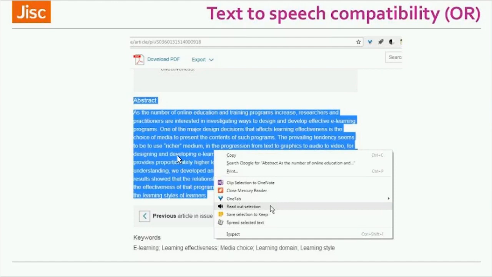I can select a bunch of text, right-click over it. I've got a little plugin called Selection Reader from the Chrome Web Store. Works really well, and it will simply read it out. So this isn't a platform level reading online. This is when I'm now, potentially, this could be me just reading in the browser because I've downloaded the HTML file.